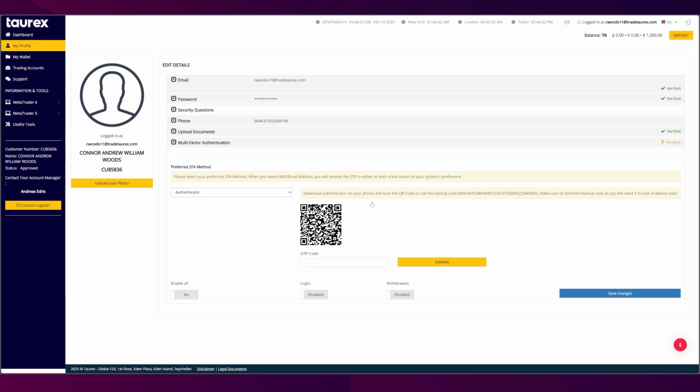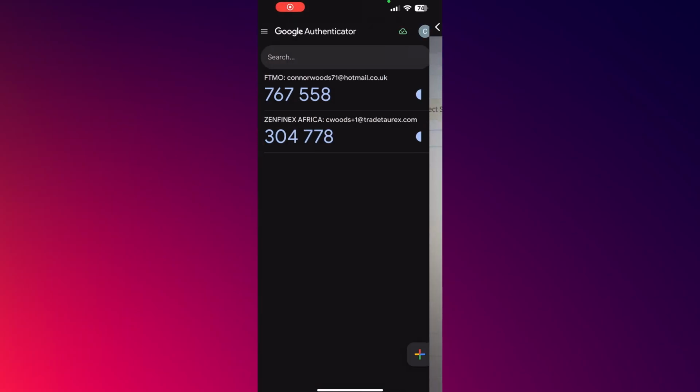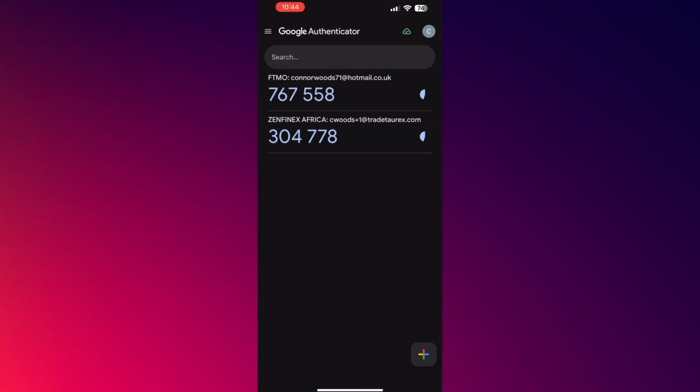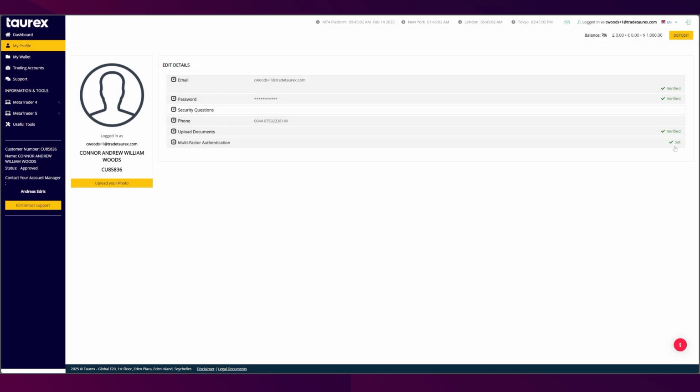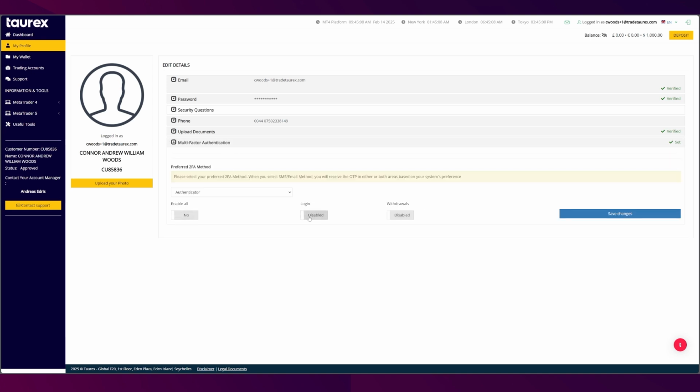So if you go and download the Authenticator app on your Google or your App Store, and you scan this QR code. So I'm showing you a print screen now of me doing that. Once you scan it, you need to type in the code that pops up and click Validate. Now it says set here. Once that means basically it's been validated, and that means now you can actually turn it on for your login